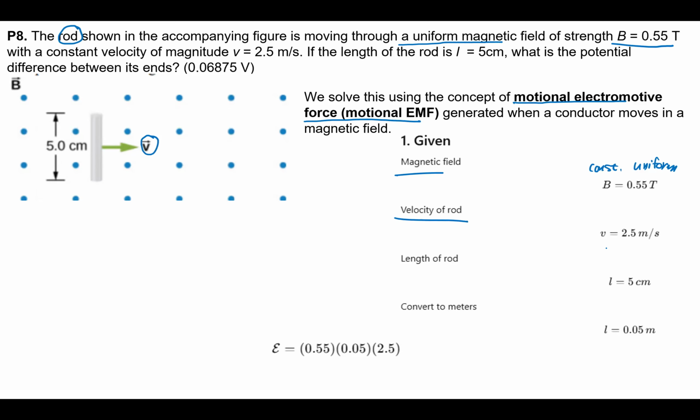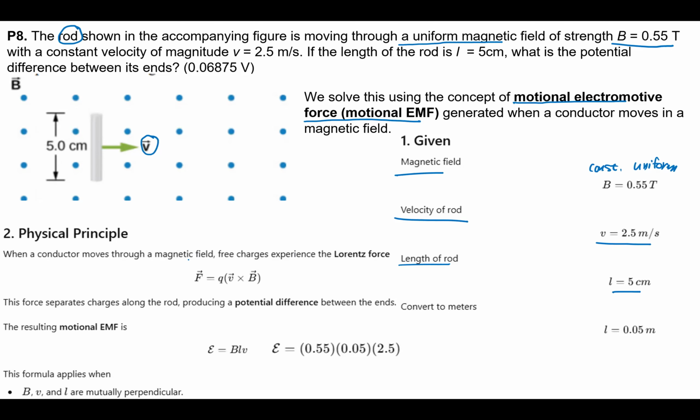And the velocity of the rod is given. The length of the rod is given. Okay. And then what we need to do is think about the rod as consisting of many electrons. And then when the conductor moves through a magnetic field, free charges, say this electron, all of the electrons inside